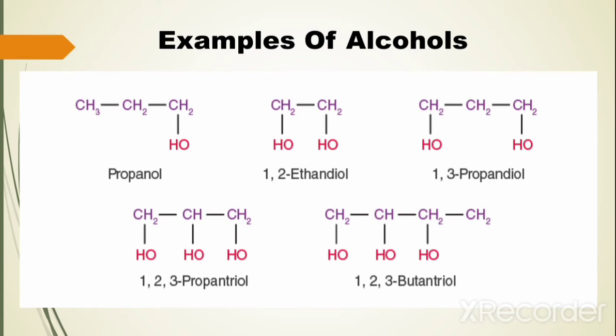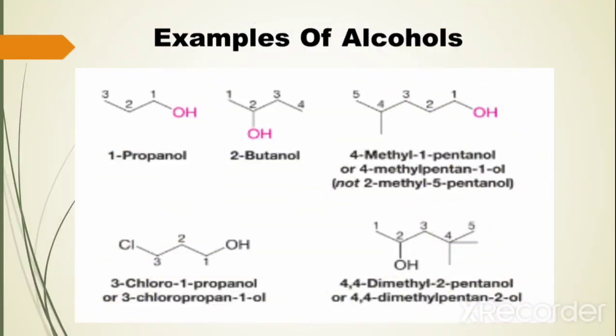And the other is a 4 carbon chain in which 3 carbons have a hydroxyl group, so we will number from the left hand side, not from the right hand side, because we have to give the lowest numbers to the hydroxyl groups, and we name it as 1,2,3-butanetriol. And the other examples are